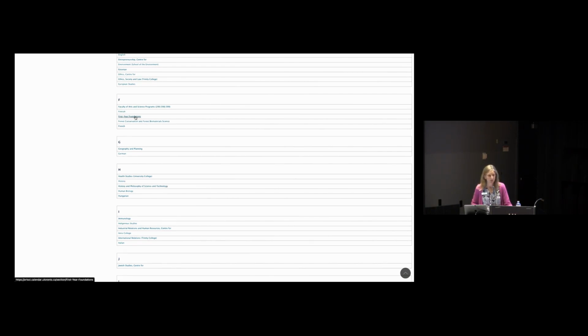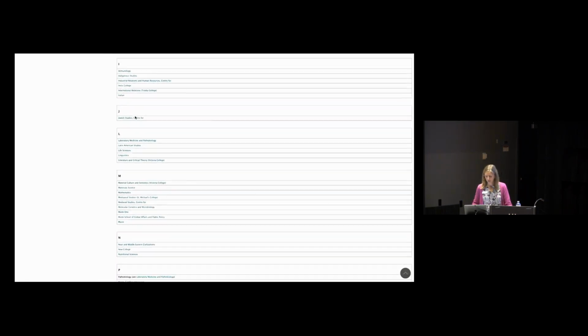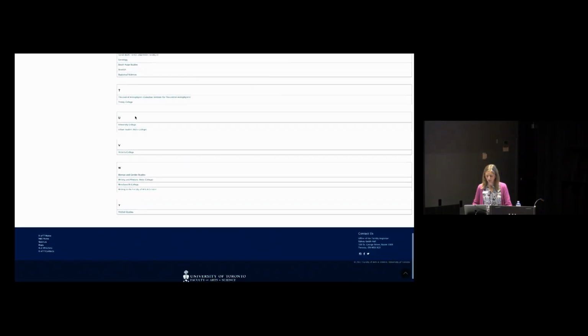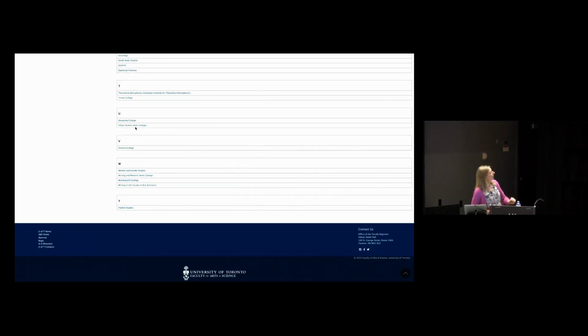I want to point out the first year foundations you can find under F. It's not working. Trust me when I say that if you click on this and it does actually work for you, you'll see a list of hundreds of different courses that are all first year foundation courses. You know they're first year foundation courses because the 3 digits in the course code start with 195, 196, 197, 198, 199. Okay, this doesn't appear to be working, so I was going to use urban studies as an example. If I click on it, it doesn't open it up.